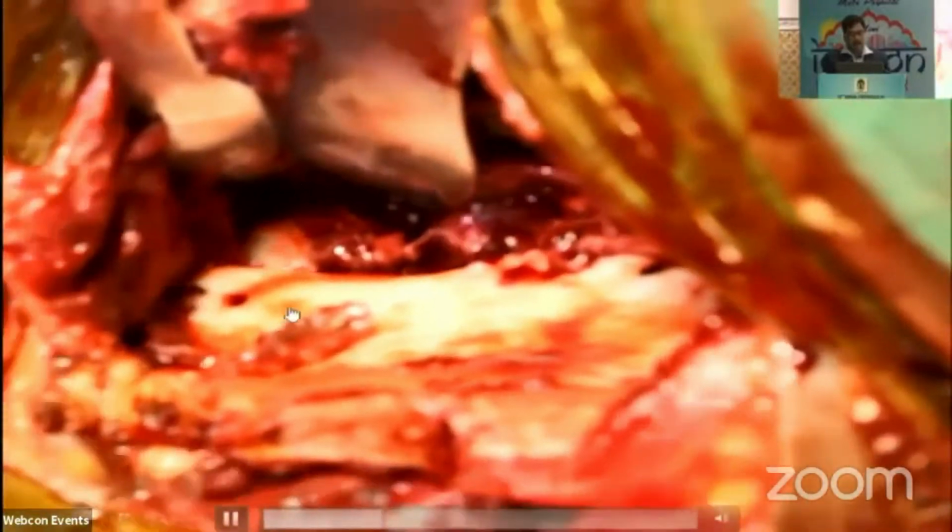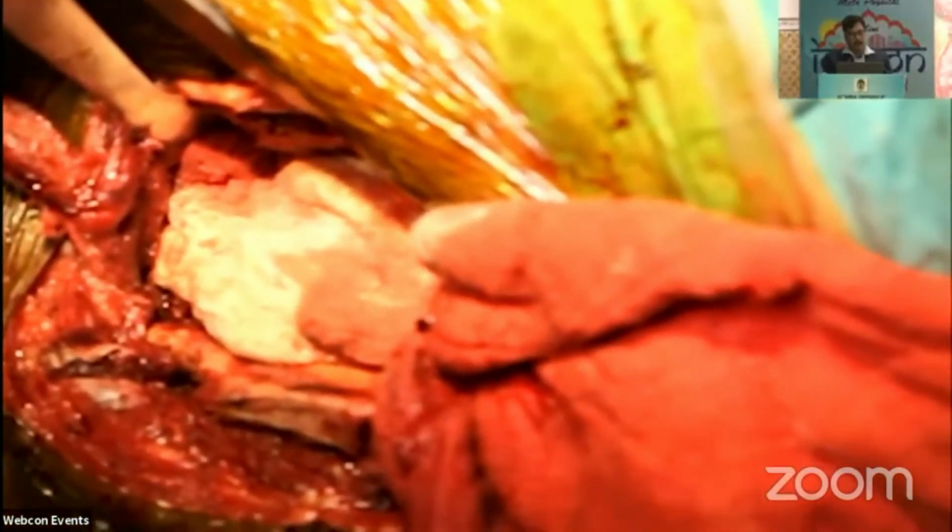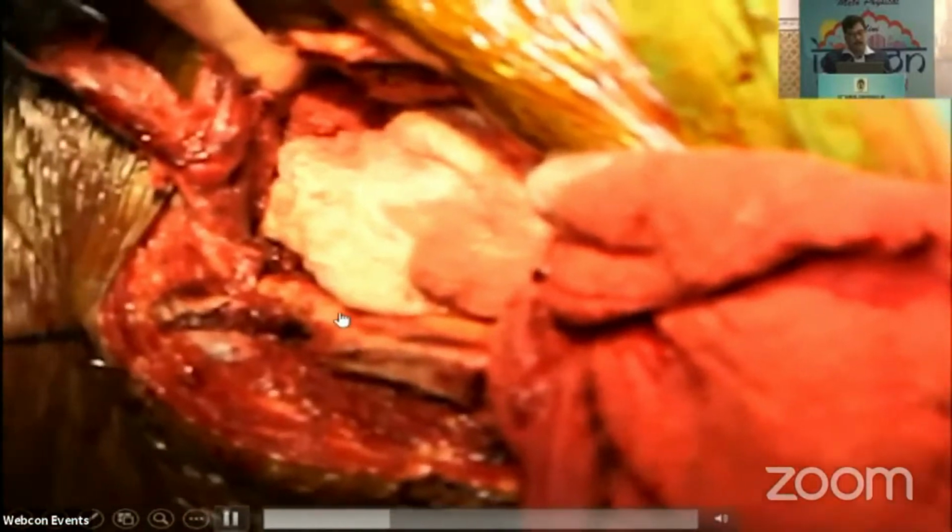This is the fracture area. You can see this is the distal part, this is the proximal part. The hip remains dislocated, as the tissue is impacted inside the fracture, and it is a 10-day-old case. So we have to release some capsular fragment from the front to relocate the hip.